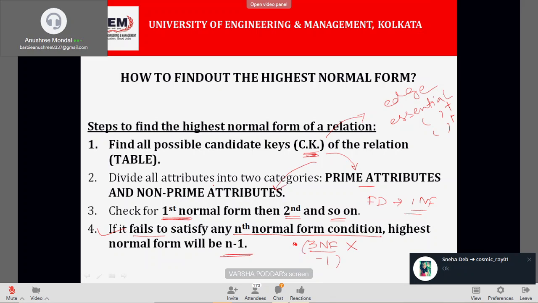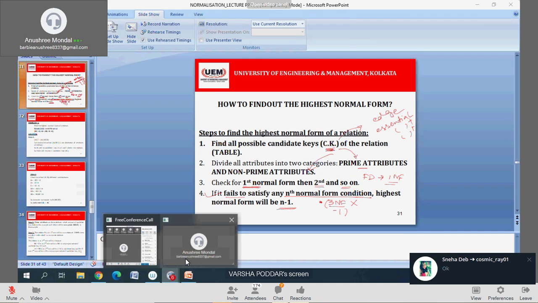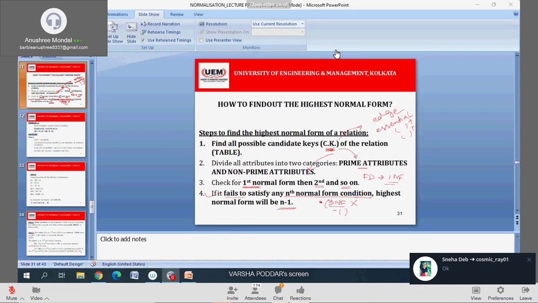Just give me a second. I have muted all the participants again midway.